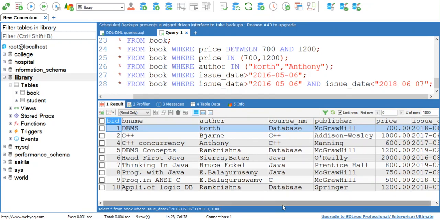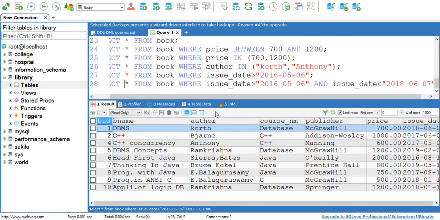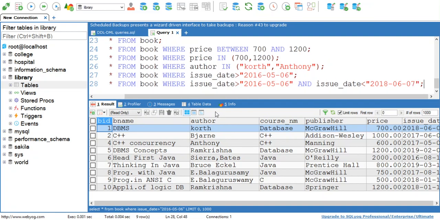See what my query is. Select star from book where issue date is greater than 6 May 2016 and issue date is less than 7 June 2018. Then it will give you the data for only those books that are issued within this date span.